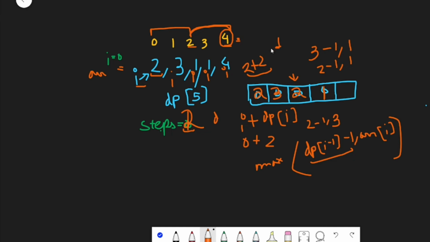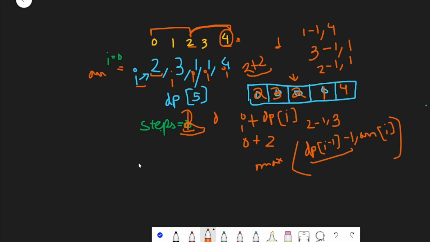But for the sake of calculation, we'll again check whether dp of I minus 1, that is 3, was there in dp of I minus 1, that is 1. So we need to subtract it by 1, and the maximum value over here is 4. So in dp over here it will be stored as 4. And hence we have got 2 as our answer because we have reached our target element.